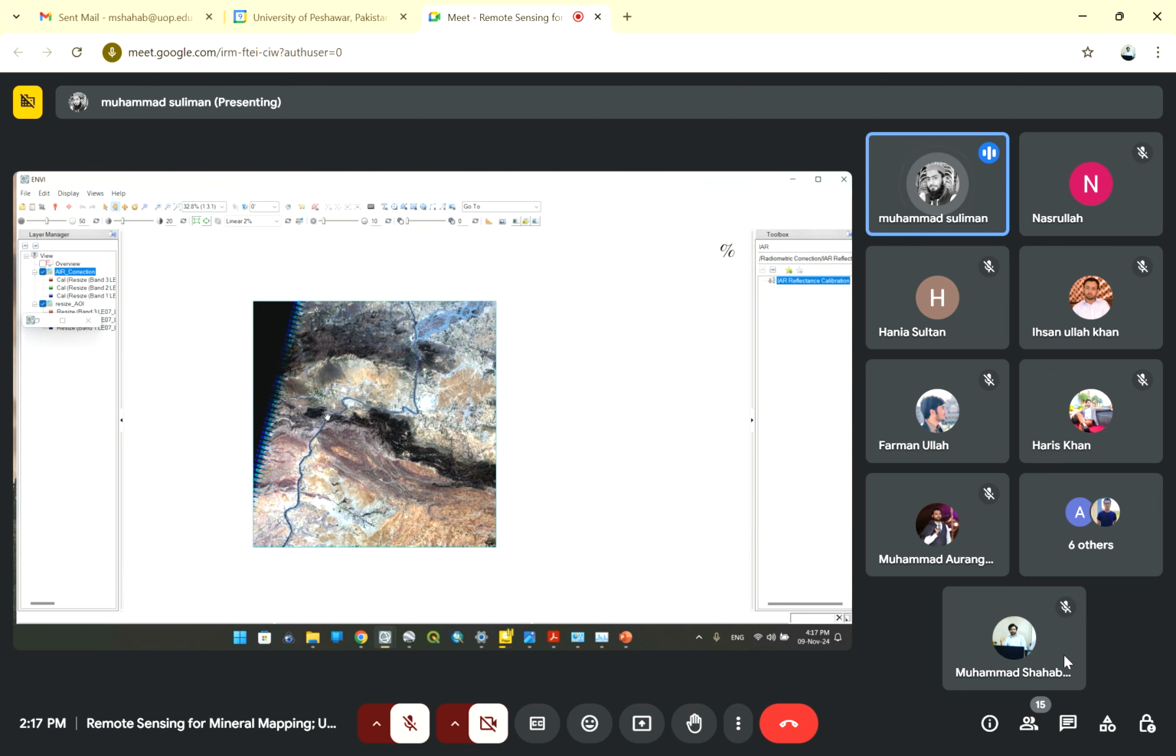Now you can see the difference. The previous image and the processed image have a huge difference. In the processed image, you can also see variations of different lithological units and their extent physically. So now our data is prepared to turn toward the